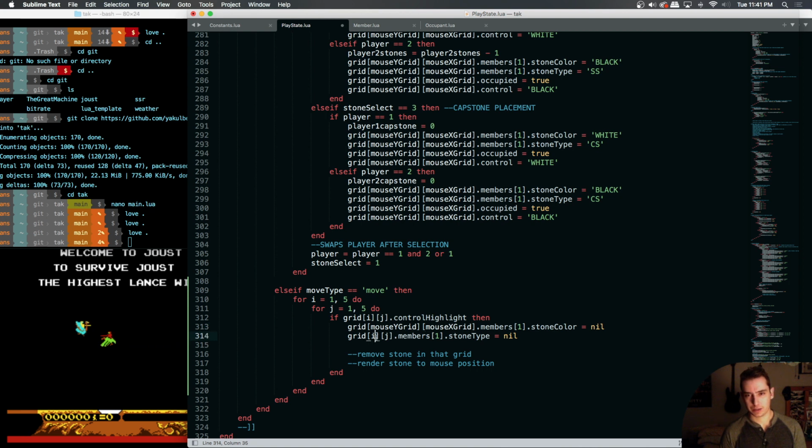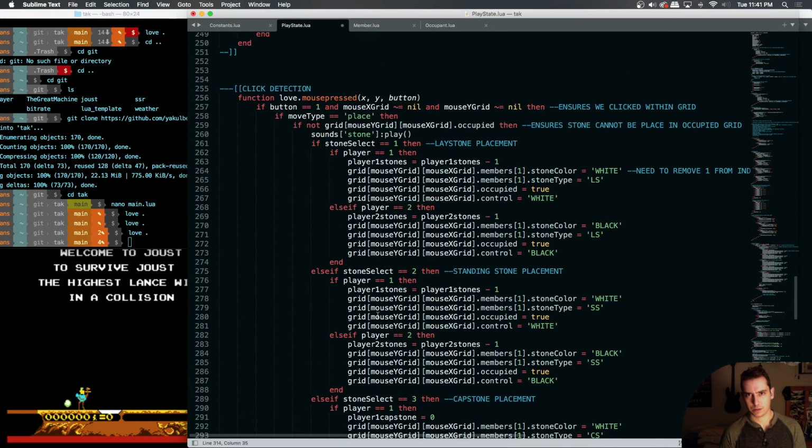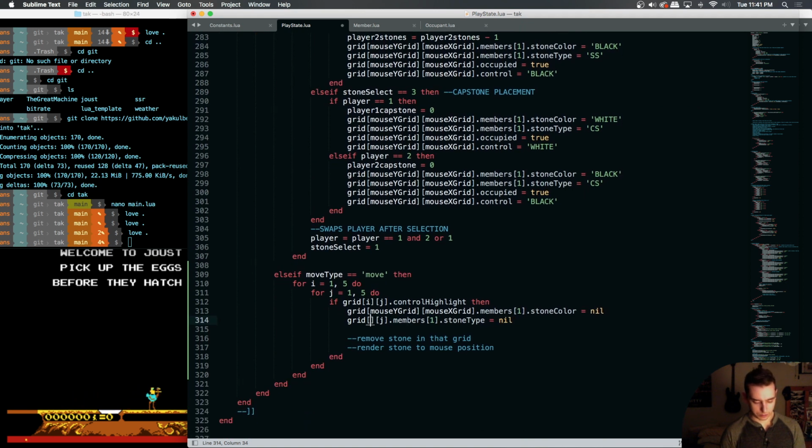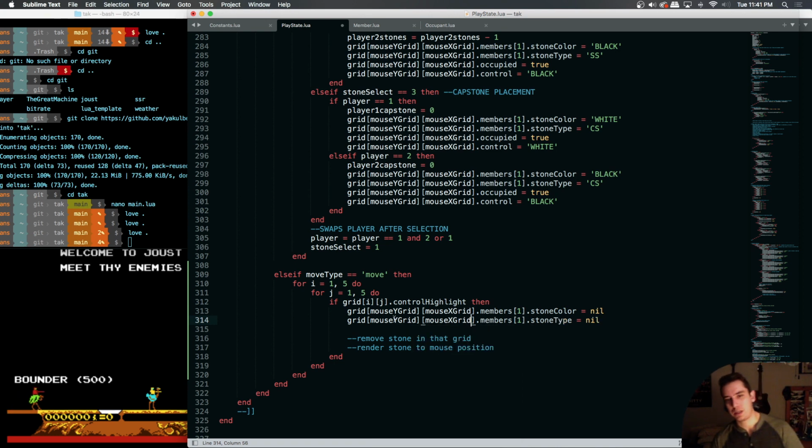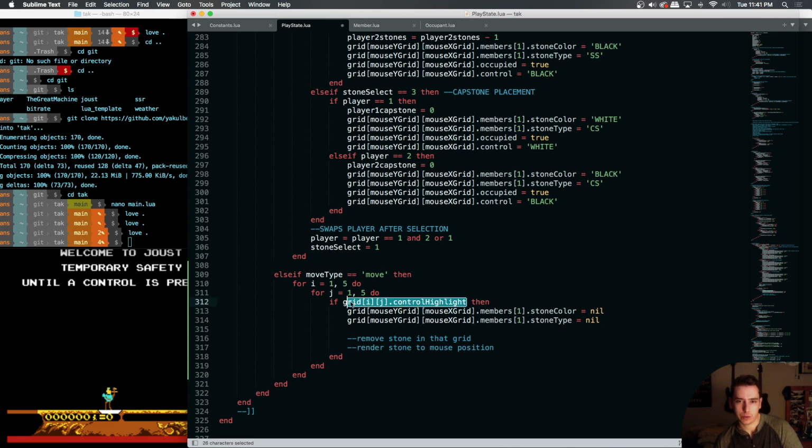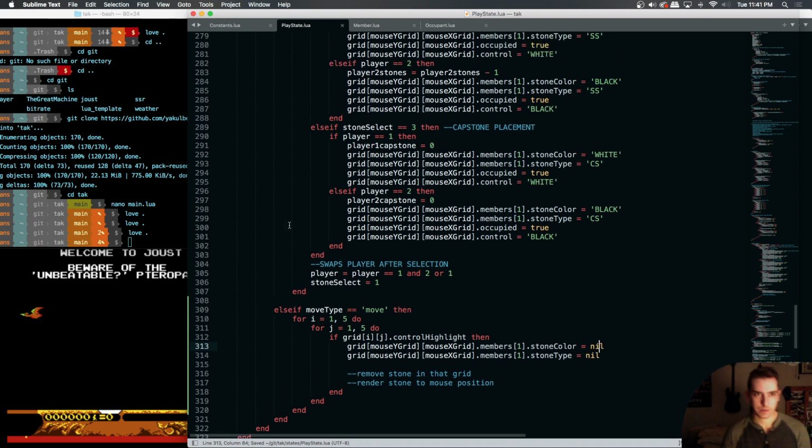Because actually, I do think we need to do this. The mouse Y grid gets populated with the index of the row my mouse is in, and then the X grid gets populated with which column my mouse X is in. So if it's clicked and we have control, then the grid that's under our mouse, dot members, dot first member, gets its stone color assigned nil. Let's see if that